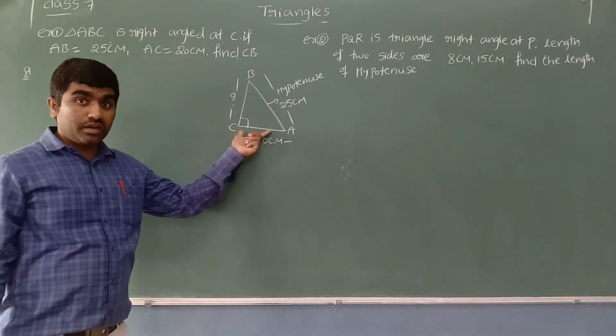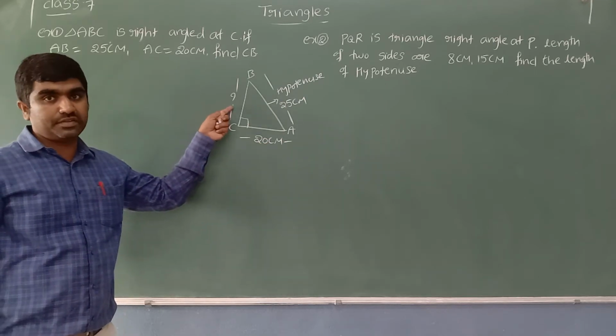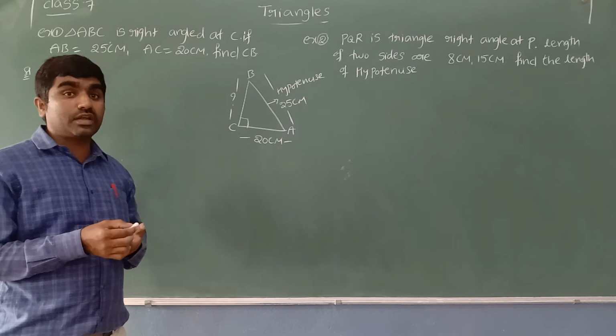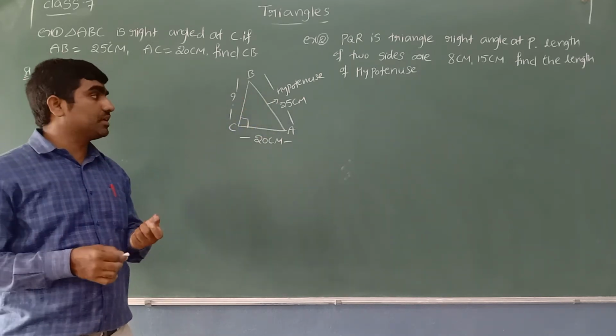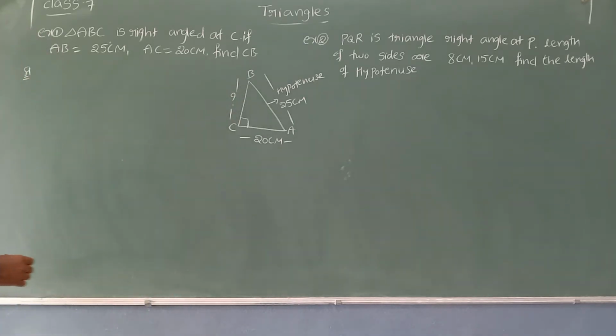In a right angle triangle, we know the length of two sides. We have to find the length of the third side. So we have the Pythagoras property which tells about the relation between the sides of a right angle triangle. With the help of that property, we can find the third unknown length. How can we find it here?